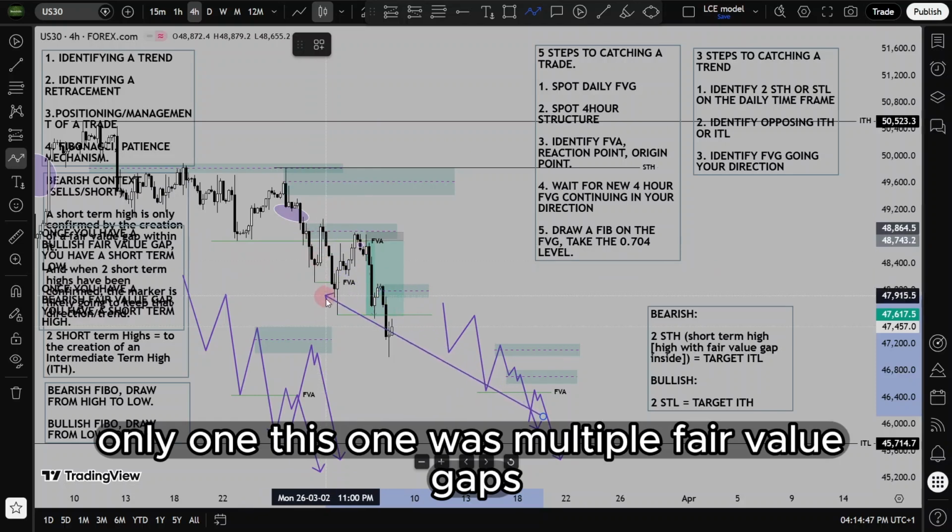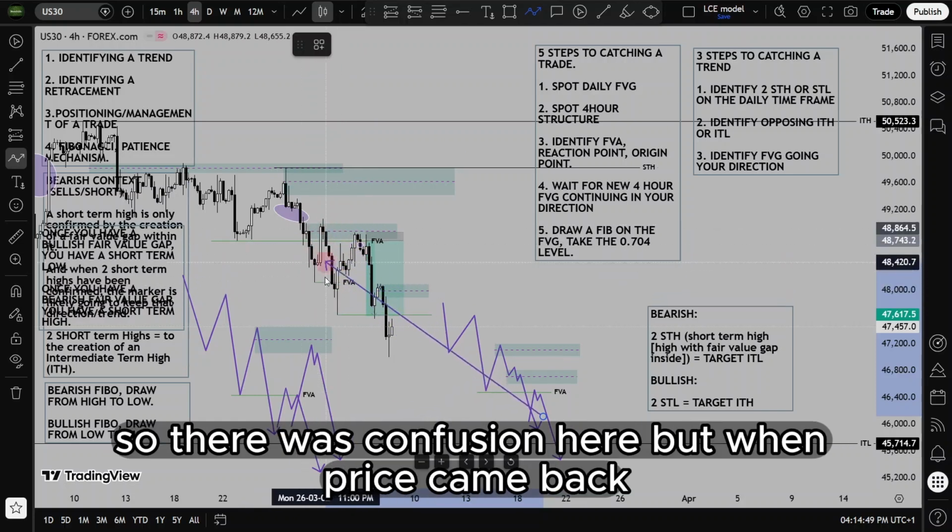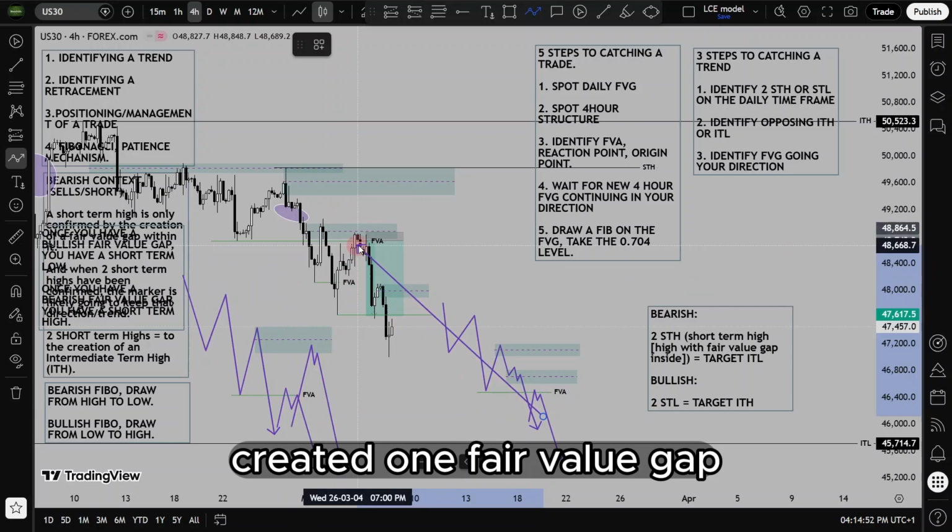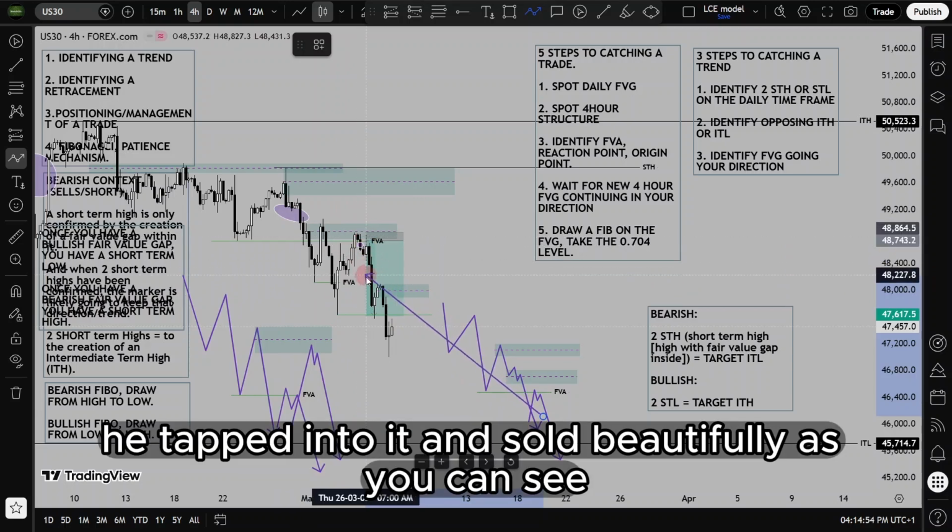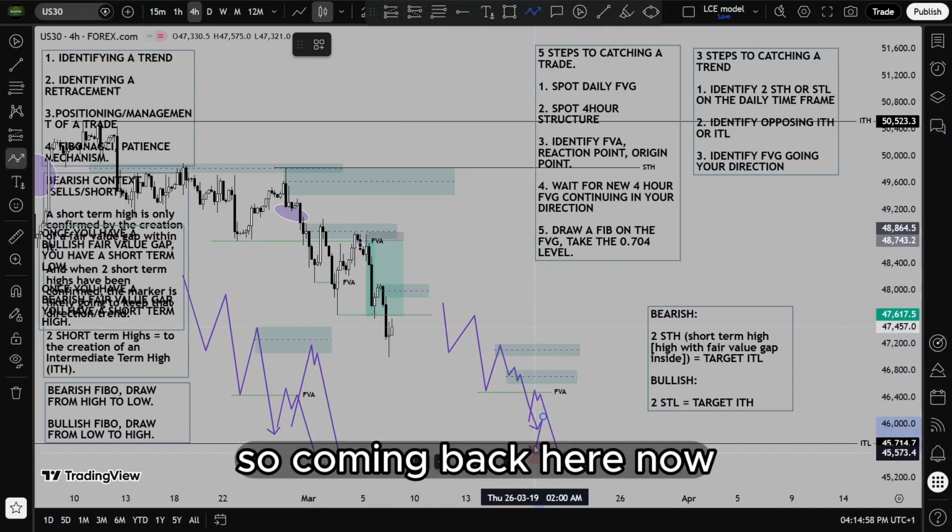This one was multiple fair value gaps. So there was confusion here. But when price came back, created one fair value gap, it tapped into it and sold beautifully, as you can see. So coming back here now,